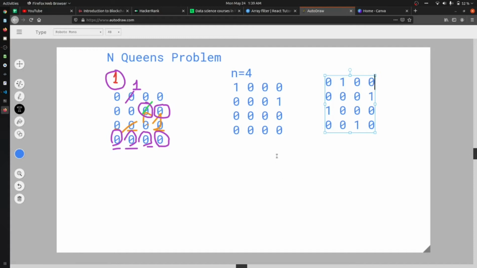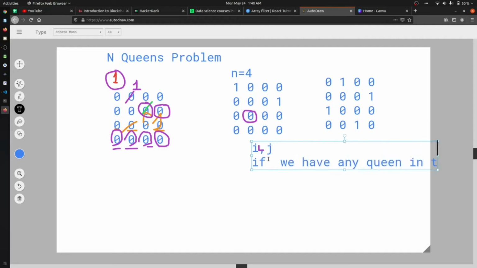So what we will do in our coding, if we are at any point, let's say we are at i comma j, we will just check in the row whether we have any queen in that row.